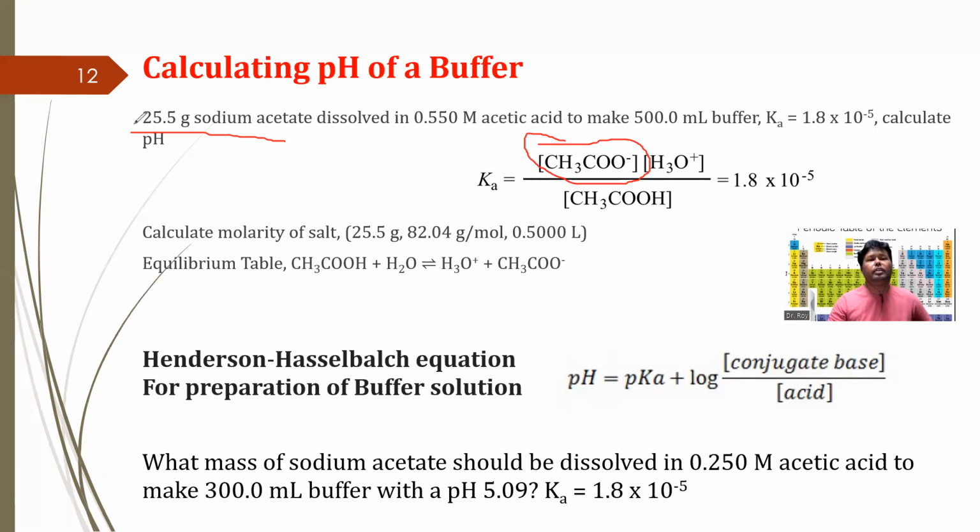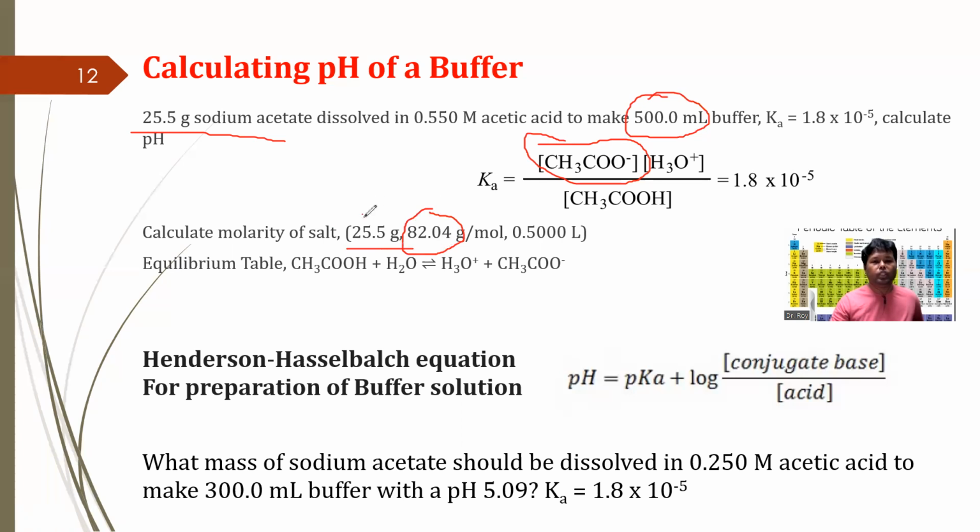Now you divide by the molecular mass, or molar mass, of sodium acetate. So 25 divided by the molar mass of sodium acetate gives the number of moles of sodium acetate. Then you dissolve it into 500 milliliter, so the volume becomes 500 milliliter. With the volume, you can find the concentration. Here you can see, calculate the molarity of the salt. This is the molecular weight,